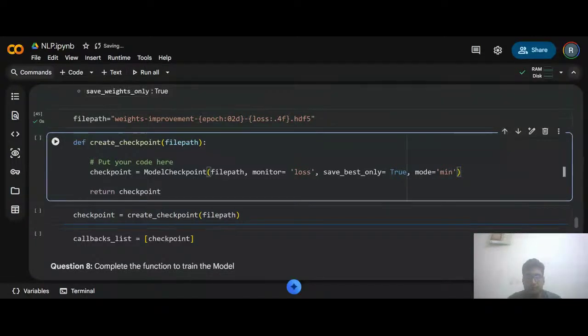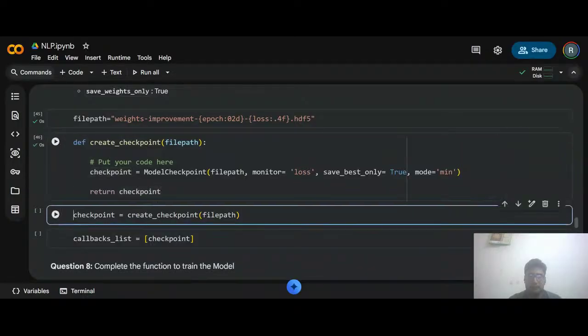So this will be the function for checkpoint. Run this. Okay, so now